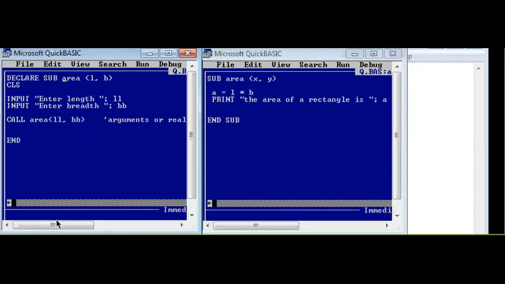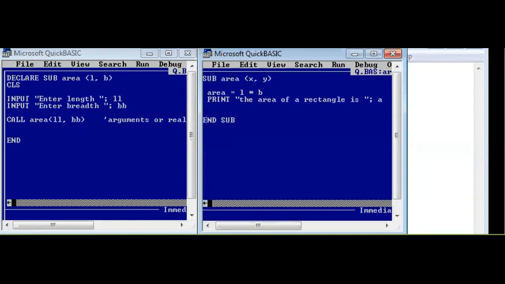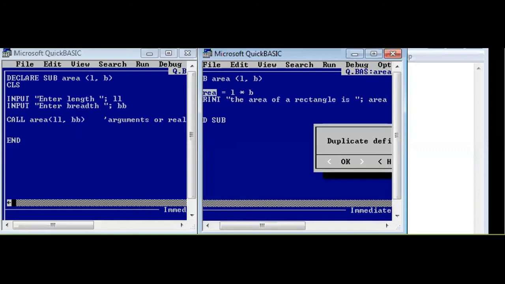Thirdly, your sub procedure name cannot be used as a variable name over here. Suppose somebody writes, I want to store the value of area in variable area. If he writes like this, then this A has to be area. Now this XY, let's make it L comma B. Now if I run this program, as you can see over here, it is showing an error.